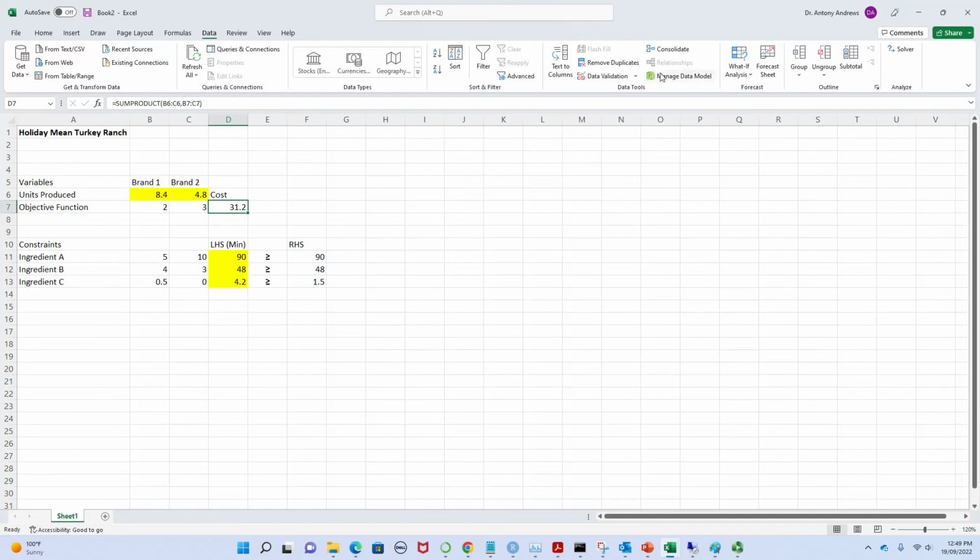So why is ingredient C 4.2, much greater than that? Perhaps ingredient C doesn't really have much of brand 2 there, so perhaps that's the reason. But anyhow, this is your answer,